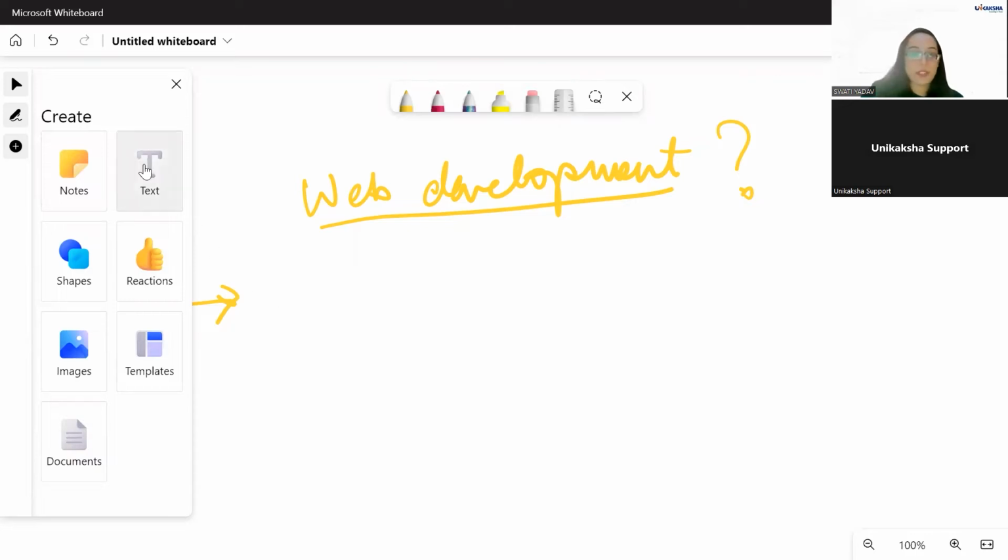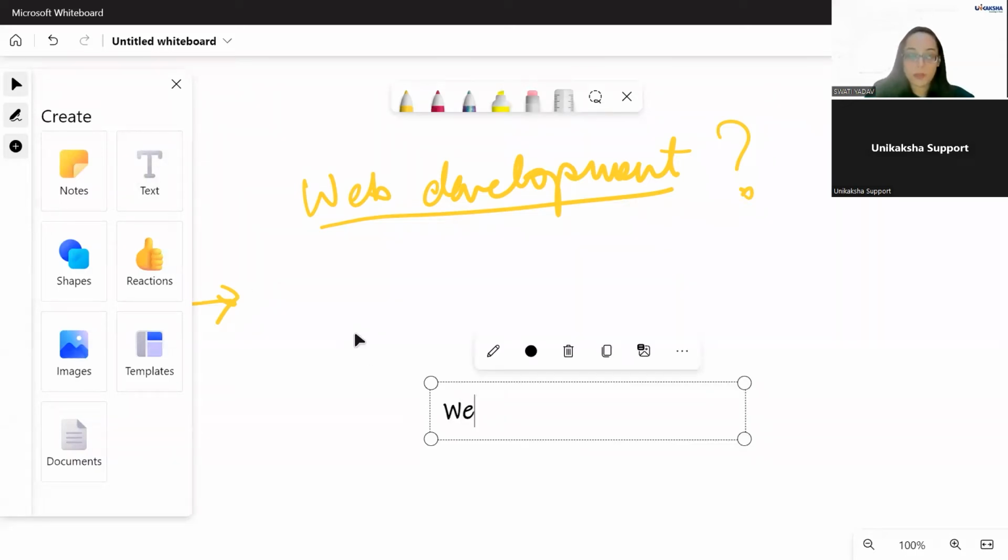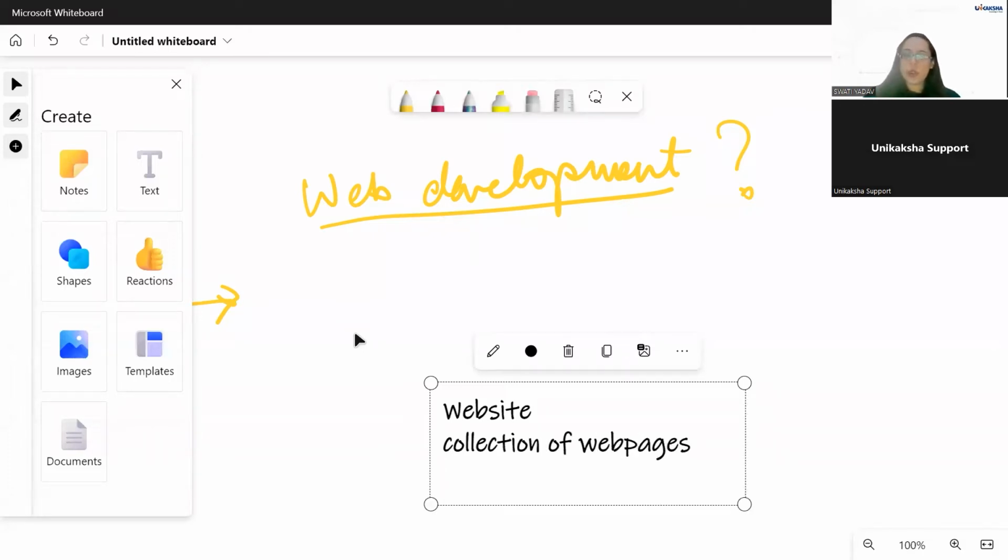So here, the very first term that we are discussing is a website. A website is nothing but a collection of web pages. Web pages are the online pages that you can view by using the internet or any kind of web service on a computer, smartphone, laptop, anything, right? For example, a website called JavaTpoint, that's a website, okay?